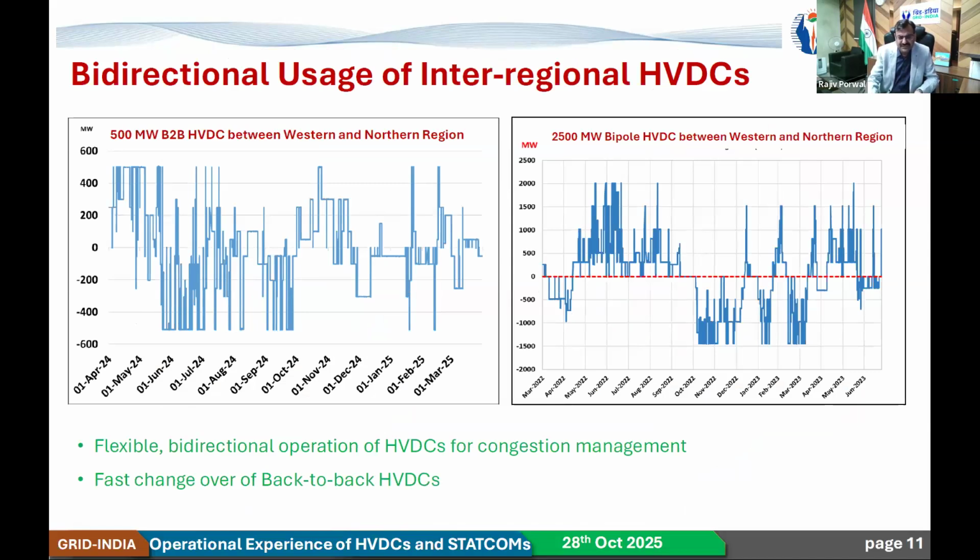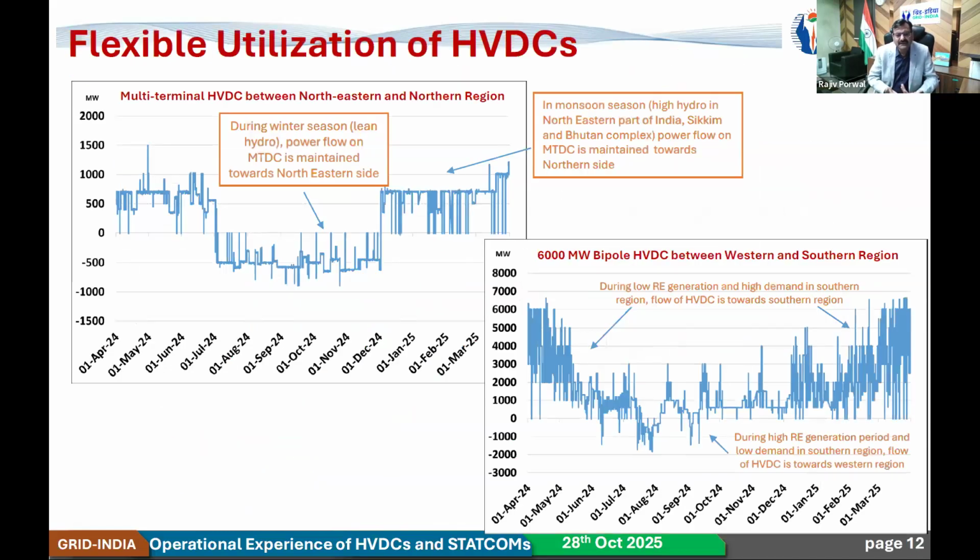There is a lot of change, and also on a daily basis, there are a lot of changes in the power order. So this takes place everywhere. It is nothing new, but we are just showing that we are utilizing it in different directions. It is required, and on the same day it may be required in both directions, positive and negative, because of solar being available during certain times or wind being available during certain seasons only.